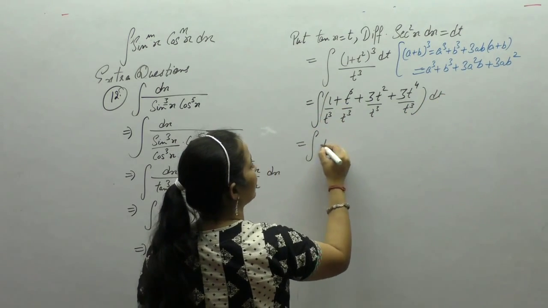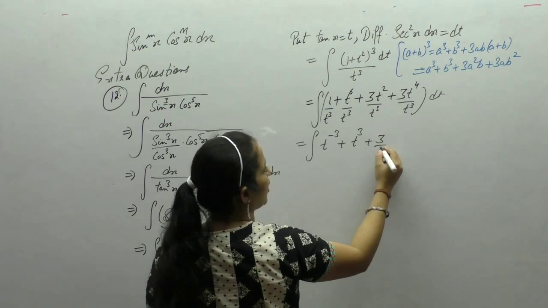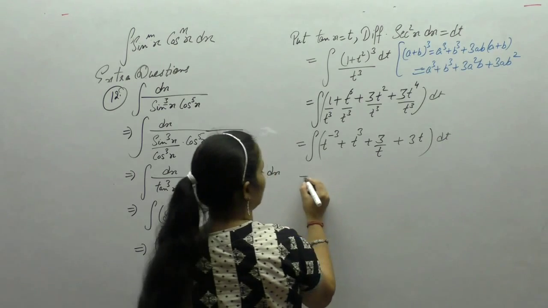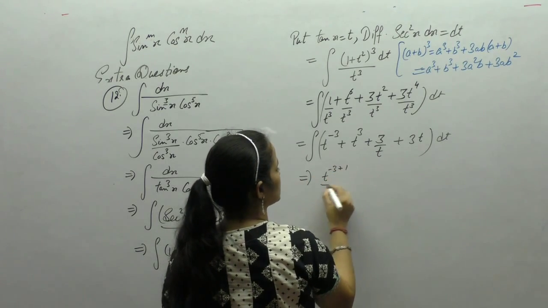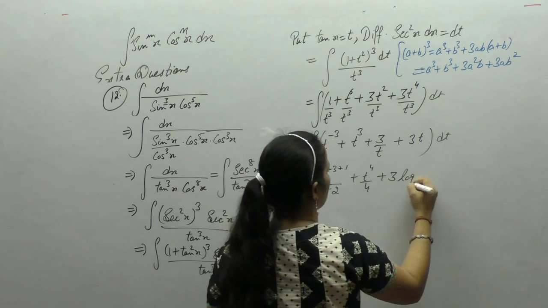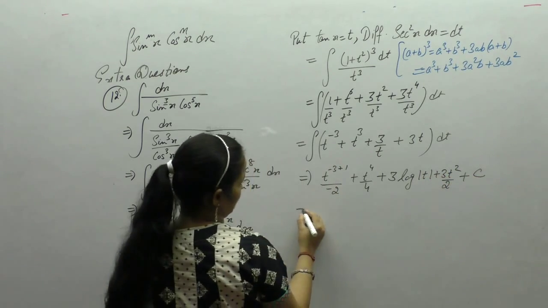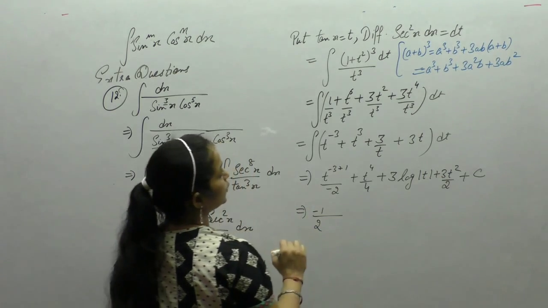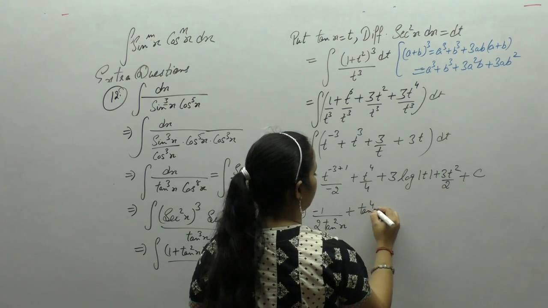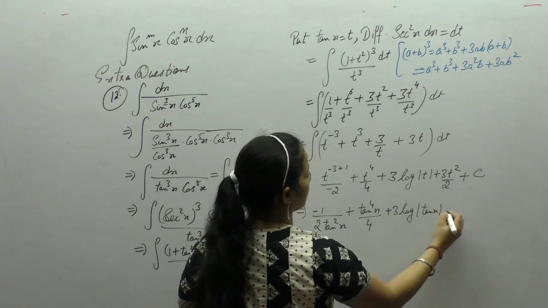Now t power minus 3 plus t3 plus 3 upon t plus 3t dt. Apply the power rule here. Minus 3 plus 1 is minus 2, 3 plus 1 is 4. Integral of 1 upon t is log of t, plus 3t square upon 2 plus c. Minus 1 upon 2t square. T is tan x: tan square x plus tan 4x upon 4, 3 log of tan x plus 3 tan